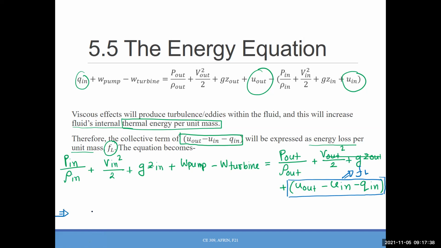So the next expression will be P in, rho in, V in square over 2 plus 2